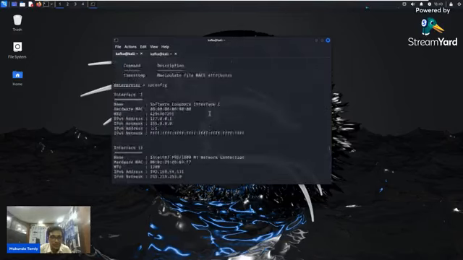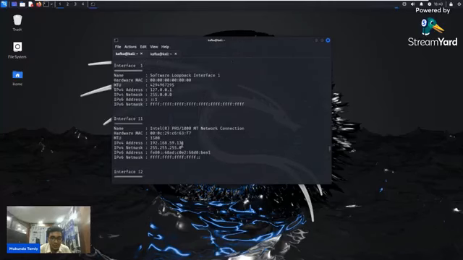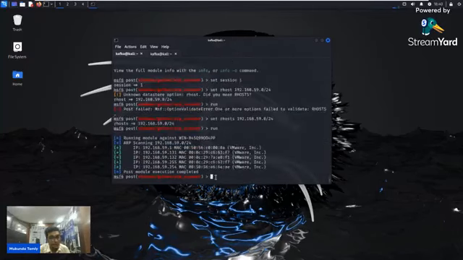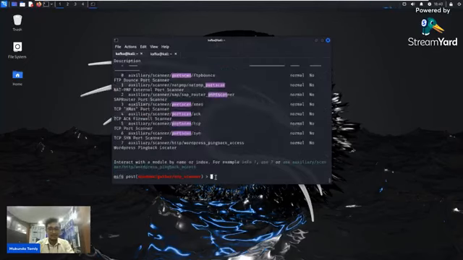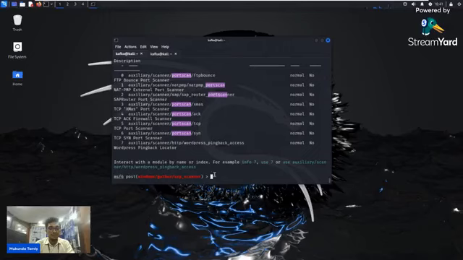If I go a little up, the Windows is 131, so the target has to be 132. So let's search port scan. Auxiliary scanner port scan TCP. Right, we got this TCP port scan.